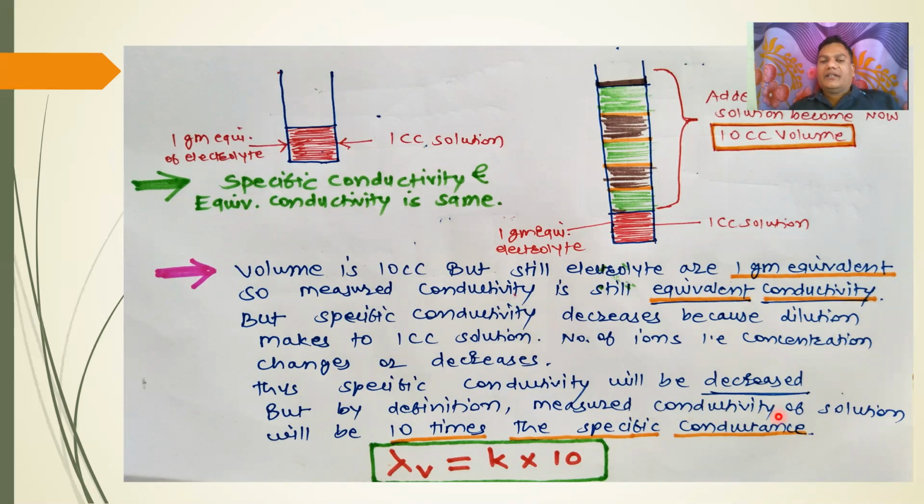So the measured conductivity of solution will be 10 times the specific conductivity. You can see here 1 cc 10 पटीनं वाढल्यामुळे त्याची जे काही इक्विव्हॅलंट कंडक्टन्स असेल तो फॉर्म्युल्यामध्ये दाखवलेला आहे. दॅट इज लॅम्बडा व्ही इज इक्वल टू स्पेसिफिक कंडक्टिव्हिटी इंटू 10. असं का केलं तर स्पेसिफिक कंडक्टिव्हिटी ही 1 cc शी रिलेटेड आहे, पण व्हॉल्यूम 10 पटीनं वाढलं त्यामुळे ओव्हरऑल कंडक्टन्स घेत असताना लॅम्बडा व्ही बरोबर के इंटू 10 असं आपल्याला घ्यावं लागेल. सो नाव इन द नेक्स्ट स्लाइड,